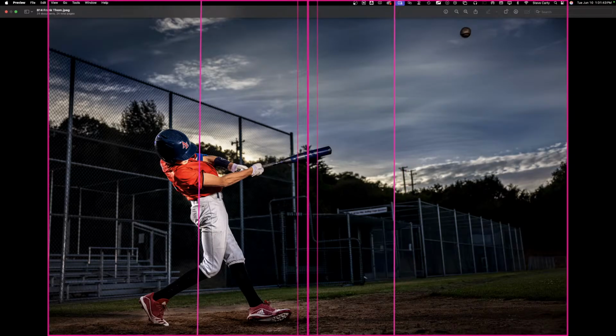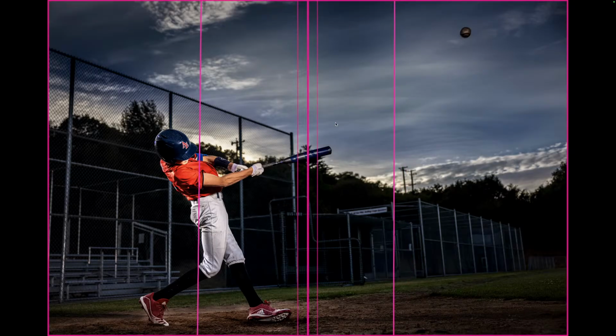And you can see that he's begging to be pushed. Now that you see this, he's begging to be pushed just a little bit more this way. Drop his body right in here, and then that bat end doesn't go across the gutter. In fact, you push him over a little bit more and keep that bat end or catch him before he